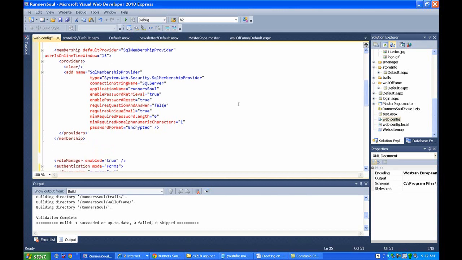Okay, so that's step 2. We set this up. Make sure this points to our SQL Server if you're copying it from our SQL Server connection string. If you're copying this from the Word document like I have, no big deal. But you do want to change this. You can read about these, but this is the one that you do want to change, this application name. Then the next step